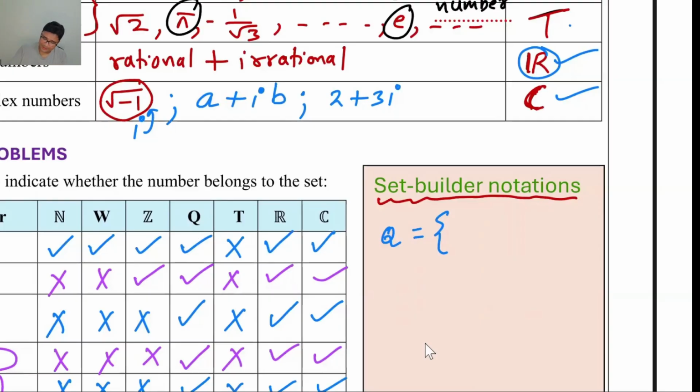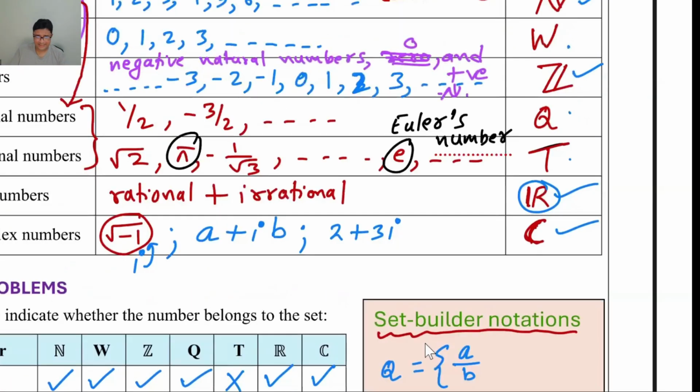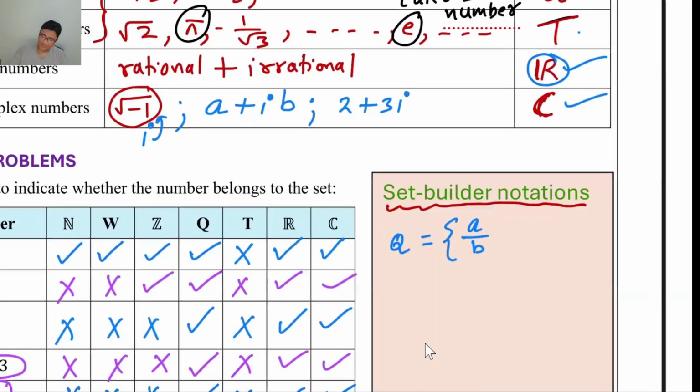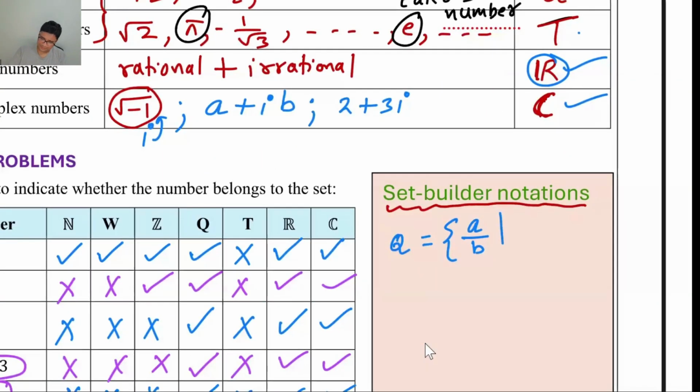And here I'm going to write A divided by B. Because that was the idea of the rational numbers, right? Fractions. And what are those A and B? We use this line, which is read as such that. Or sometimes people also use a colon, the 2 dots. A over B such that